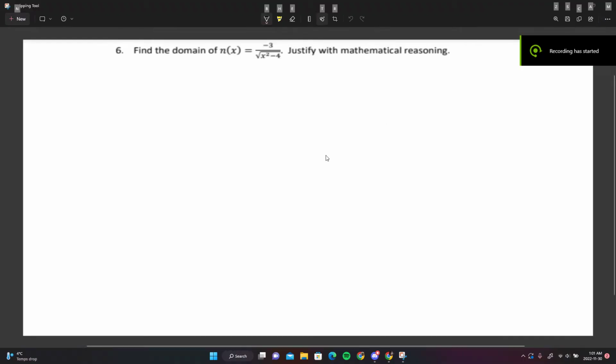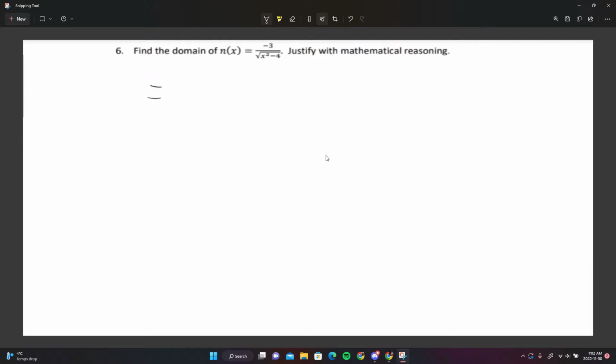Okay, so the final question. This is really similar to 5, except it has one difference. I'm just going to go over this really quickly because if you know how to do 5, you know how to do 6. And if you have any questions, just ask me again. So, yeah,